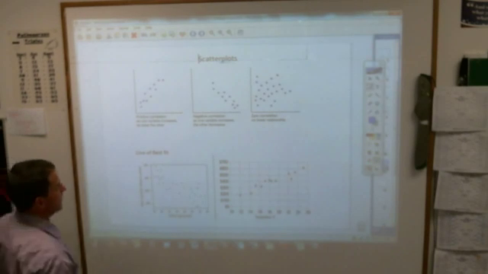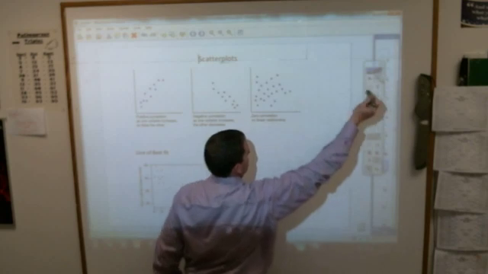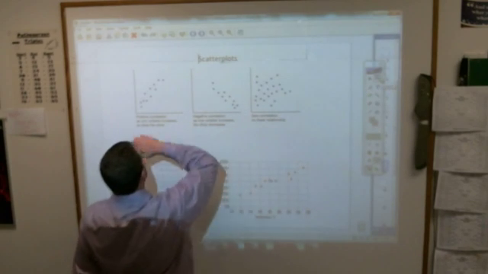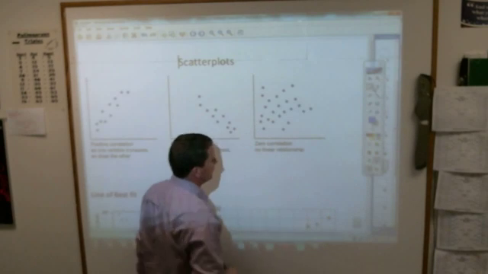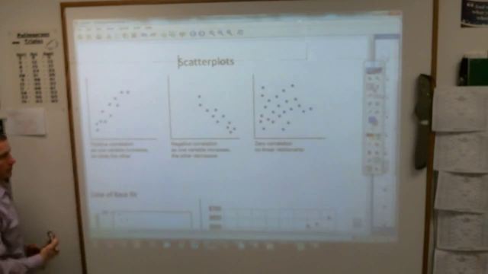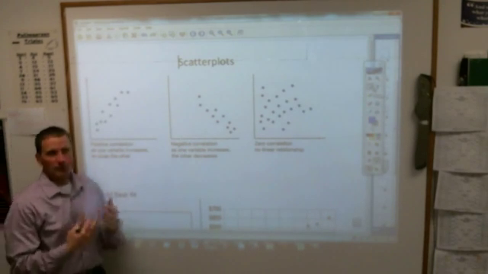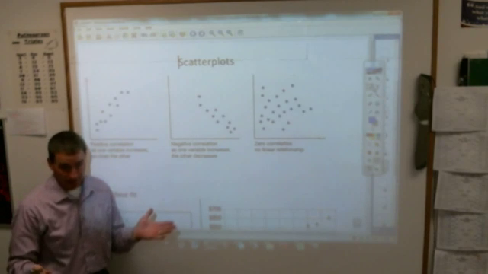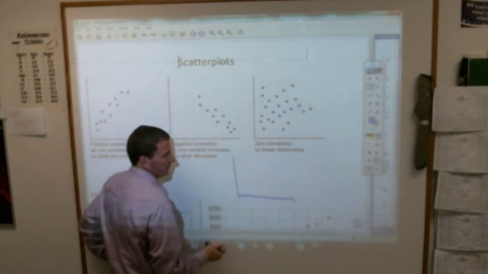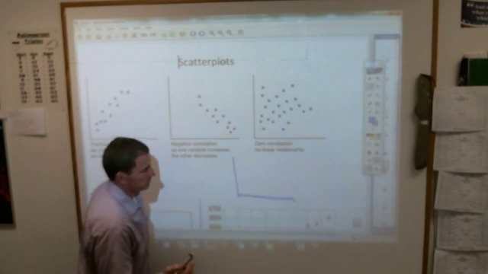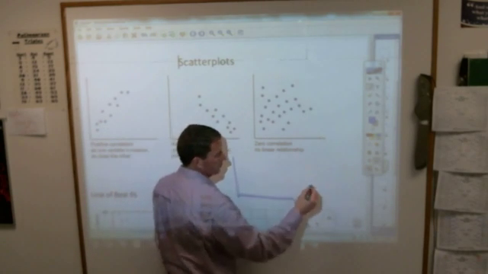Okay, scatter plots. We've talked about this last year, you know how I know? I just did it yesterday with 7th grade. Scatter plots are plots or graphs that come when you graph stuff that don't always necessarily follow a straight line. For example, if I were drawing a graph and I asked you two questions, we're